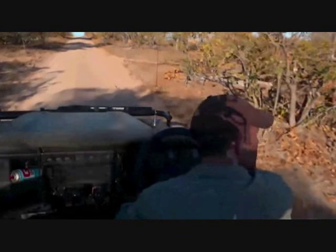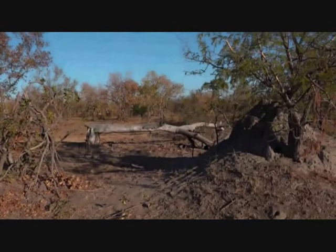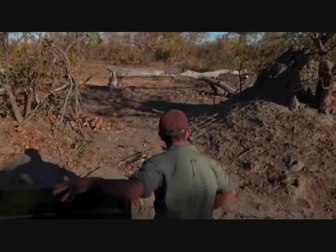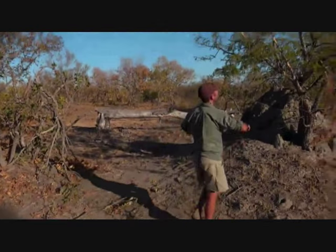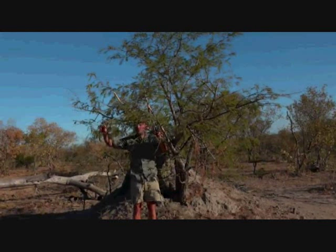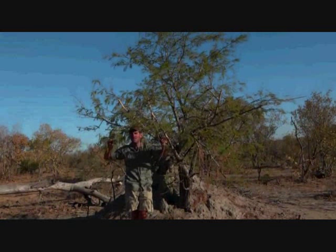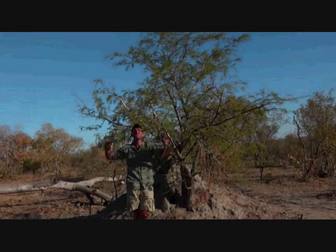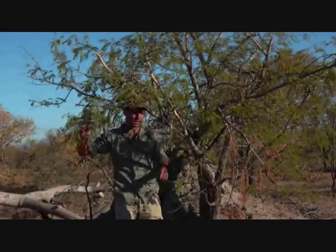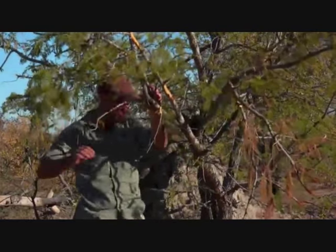Just have a look here, everyone. A very important source of forage. And Davey, if we need to do a quick link, you'll tell me, will you? This is Albizia harveyi, a beauty. I love these trees. I really think they're some of my favorites because they don't have thorns on them, and so they don't do you any harm. And that means that you can climb them and you can pick them and play with them without doing any damage to yourself. A massively important source of forage at the moment for the elephants. And you can see here,